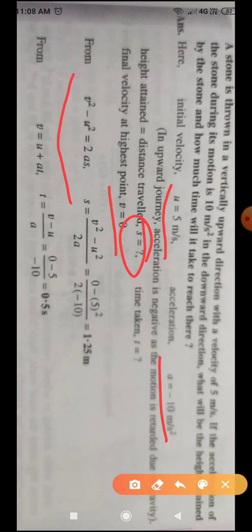We will place the values. We have to find the value of s, that is why v square minus u square is equal to 2as. 2a will come to the downside, so s will be equal to v square minus u square upon 2a. We will place all the values. You can see the value of v is already 0, so 0 square, u square is 5 square, 2 into a, which is minus 10. Later on we got the value of distance in meter. Now in the second case, we now have the value of distance also.